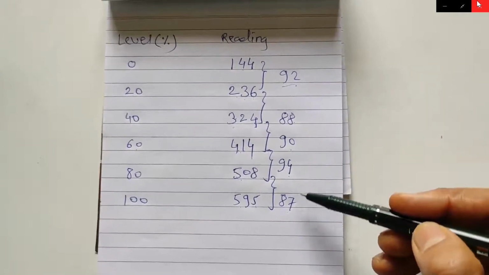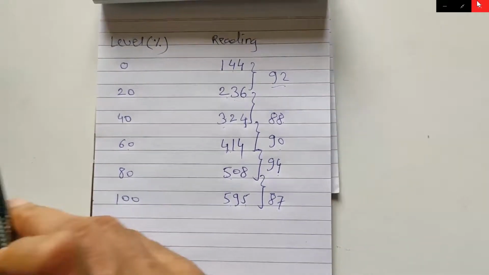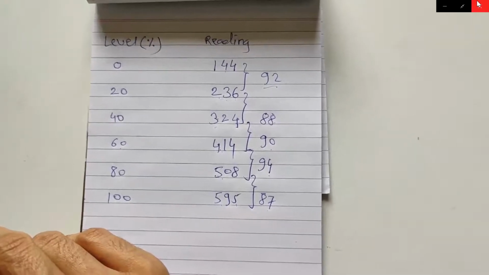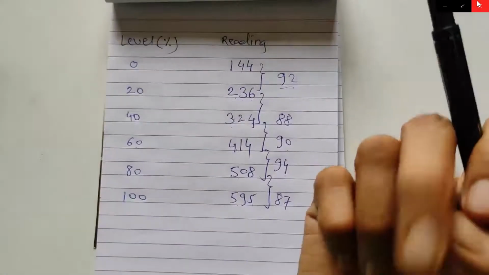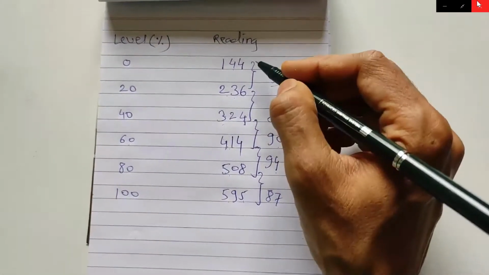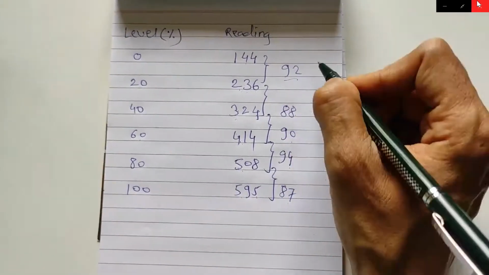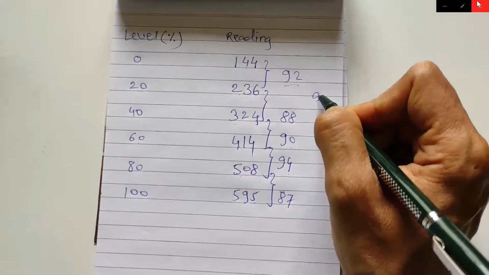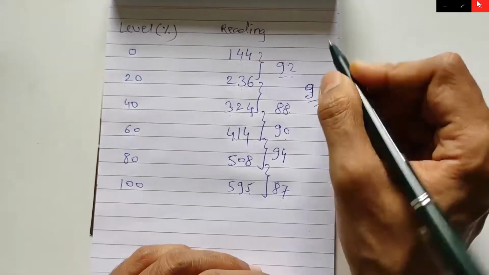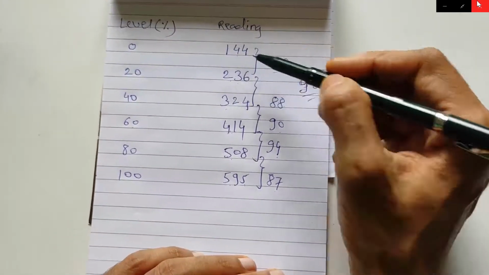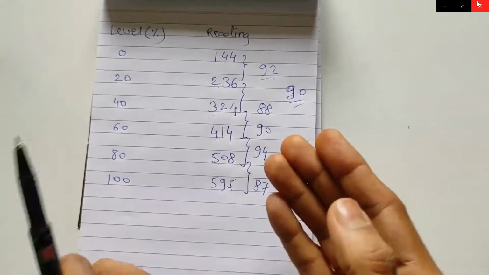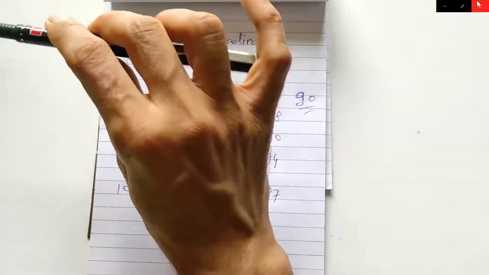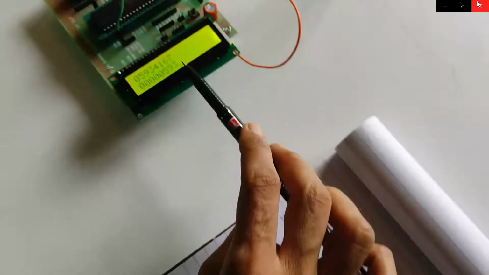So we see there is a small change in this difference, and it is because there are fluctuations in the reading. As we have not done averaging, the fluctuation is slightly larger. When you do averaging, the fluctuation will be very small. So for a 20% rise, we will take a constant difference of 90. In our calibration, whenever there is a change in fuel level by 20%, we will consider a difference of 90, and accordingly we will modify our code so that on the display we can show the percentage diesel level.